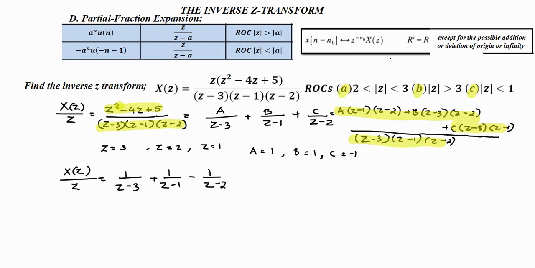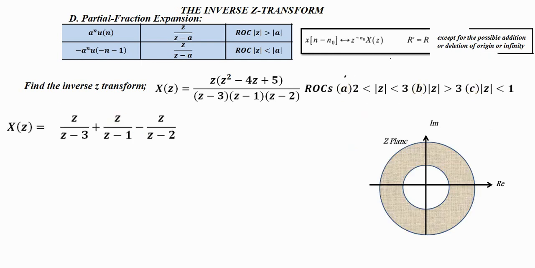Okay, now I need to multiply with the z. After this multiplication with z to the right side, first we will take the case the modulus of z between 2 and 3, and X of z will be like this, and we can consider three poles here. One z is equal to 1, another z is equal to 2, and another one z is equal to 3, and based on this the ROC is between 2 and 3, so the shaded region is representing the ROC.